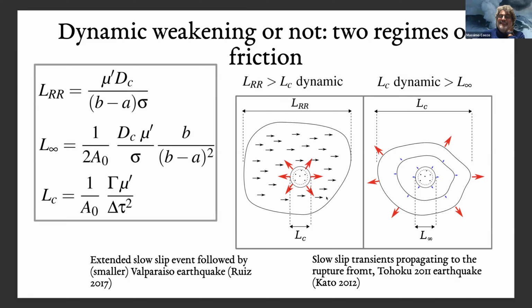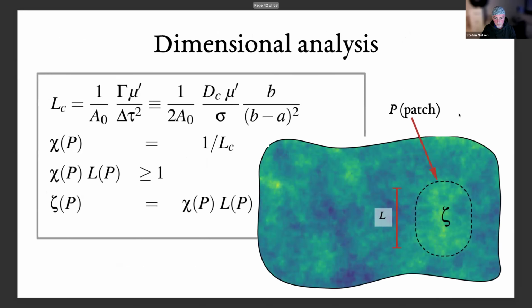Don't worry about me. Anyways, so this is just a parenthesis. In the opposite case, we may have an L infinity which is much smaller and starts to propagate at reduced velocity until you reach the dynamic regime here with the enhanced weakening, and then you get an earthquake. So you have either a larger nucleation area with a smaller dynamic rupture inside, or a small nucleation area which expands and then accelerates. And both, more or less, you can argue, have been observed in a couple of large natural earthquakes.